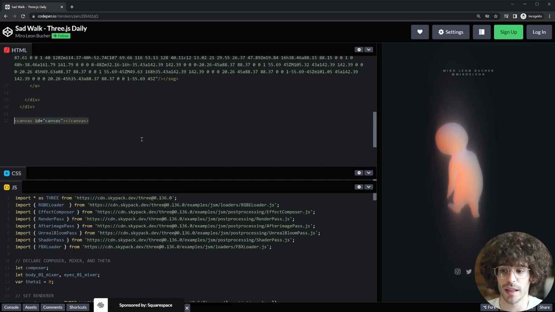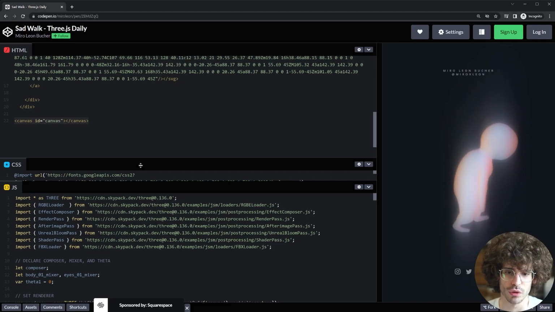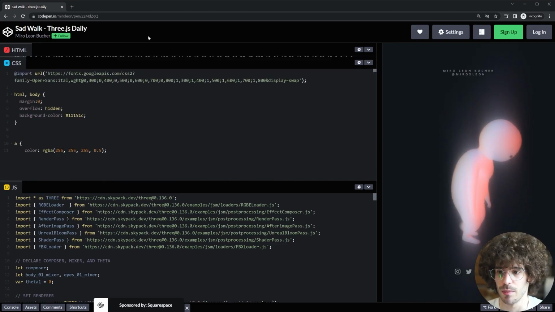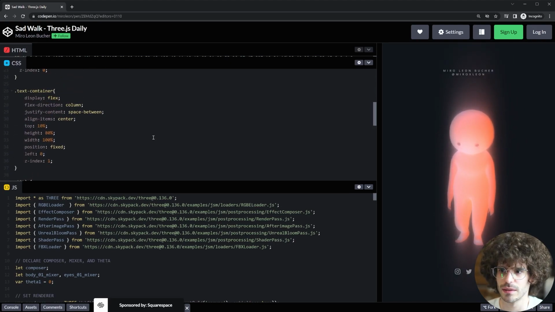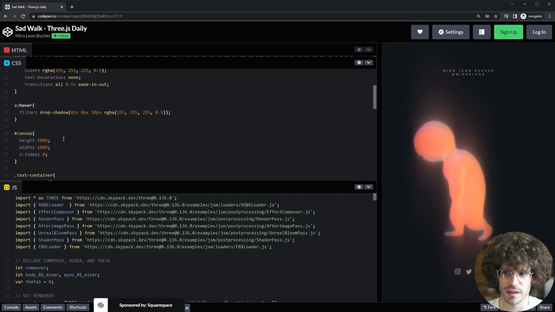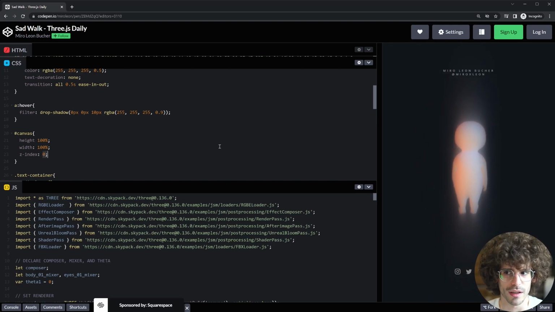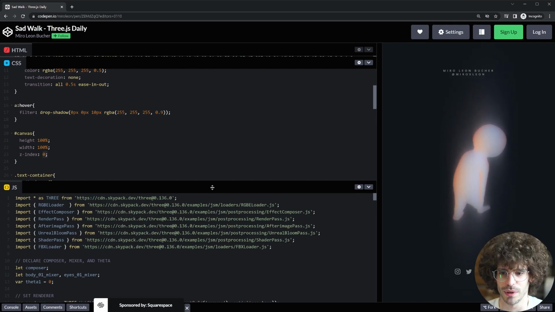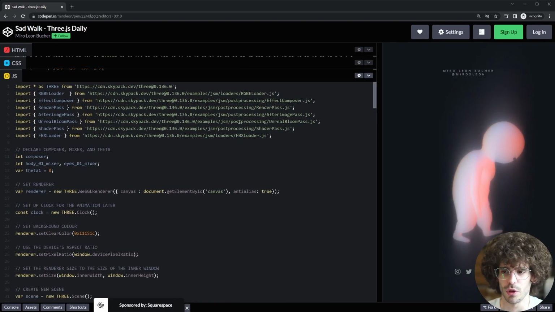So here we got the canvas, and that's going to be important because this is where we send our animation, our scene, to, from the JavaScript part of the code. And this, again, doesn't really matter too much, besides the fact that I do have some styling on the canvas. It's just height and width 100% and z-index 0, so I can put stuff on top of it. Nothing too complicated, nothing too exciting. It should be pretty straightforward, and you can just copy paste it and adapt it for your project